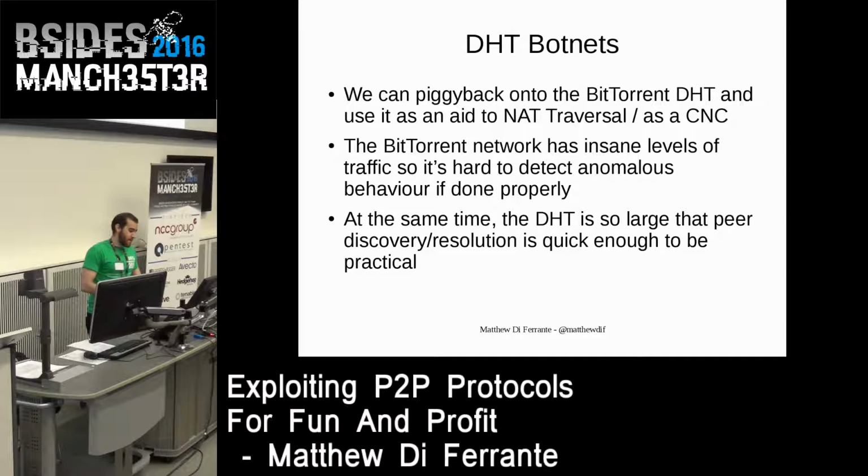And then as well, the DHT is so large that it's generally pretty well connected. The larger your subset of the network is, as in your botnet within the DHT, the less the propagation time is. But even if your network consists of just 2 nodes, as in me and you just want to chat with each other using the DHT, the propagation time is only a cost at the very beginning,